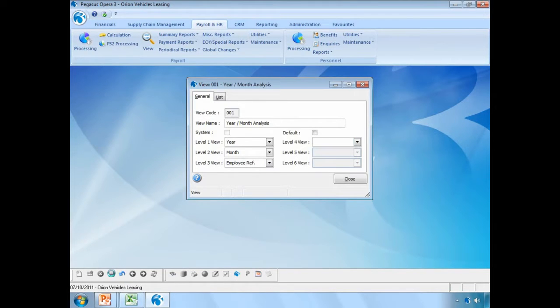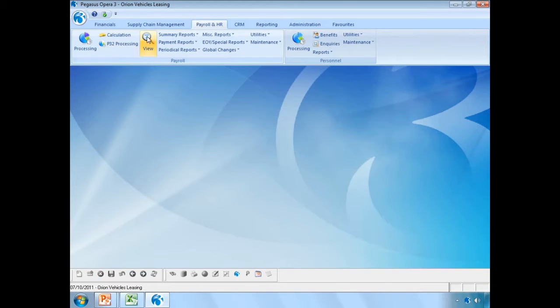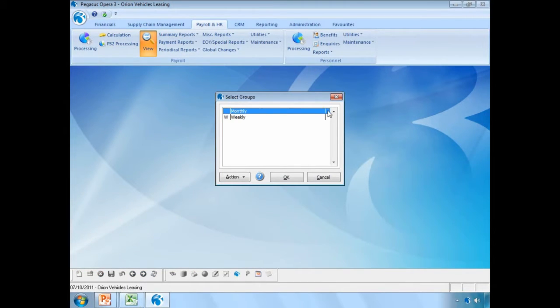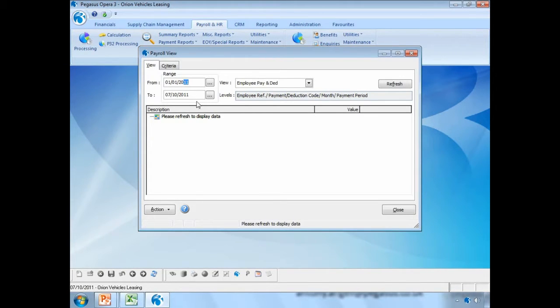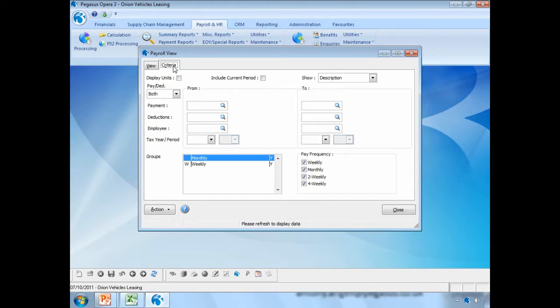If I save this away and we go back to the view screen, I'm going to select both payroll groups. Let's change the from date to be 1st of Jan 2009. Let's select our new year-month analysis view, and let's look at this criteria tab. The criteria tab allows us to be selective on the data. So for instance here, do I want payments only, deductions only, or do I want both types? I can also be selective here for the payments types from, payment types to, deductions from, deductions to, employee from, employee to. I can even go down and select which particular tax year I want this information to be filtered